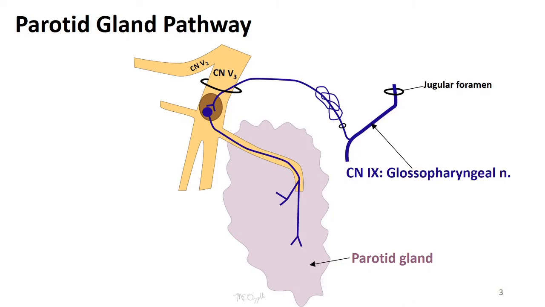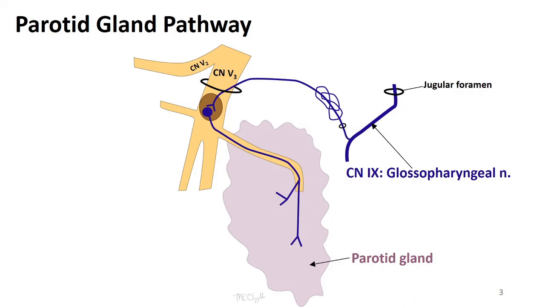First off, we want to think about which cranial nerve is involved. And that is the one written out here, the glossopharyngeal nerve. Now, glossopharyngeal nerve will exit the cranial cavity through the jugular foramen, and then it gives off a branch that courses back into the temporal bone. So what is this branch called? That's the tympanic nerve, and it courses through this opening leading to the middle ear, which is called the